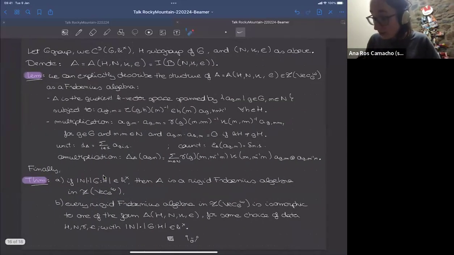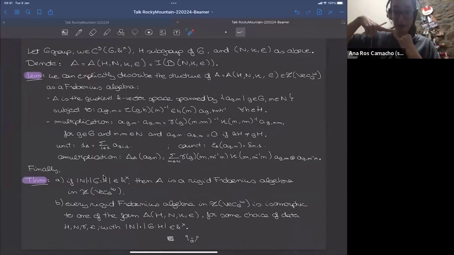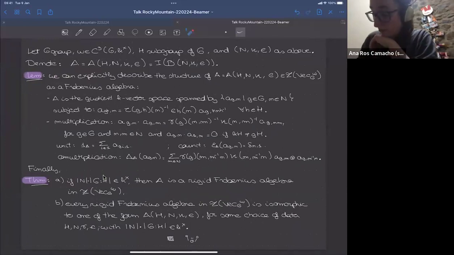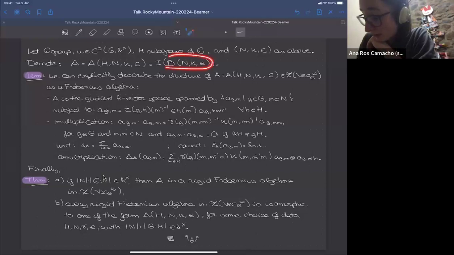So just to finish, we have the functor, we have the objects. So what do you say? Use the functor from one side to jump to the other side, and we will still have our algebras. So let's have a look at the image of these algebras in here under the functor I. Let's call these guys A. And actually, one can describe the structure of these Frobenius algebras.